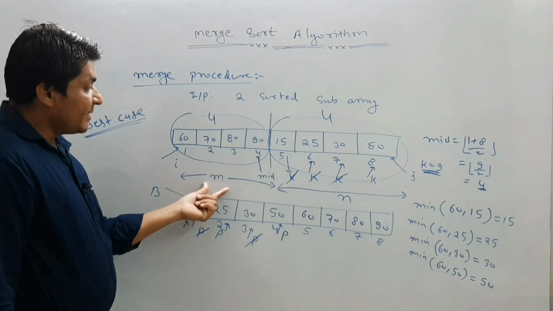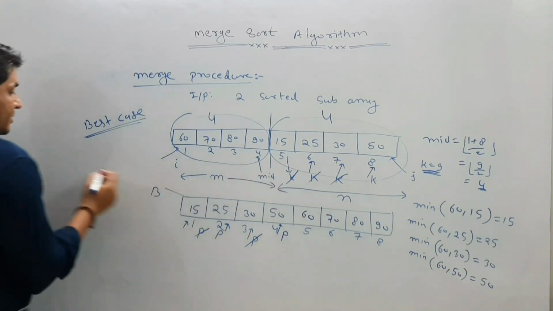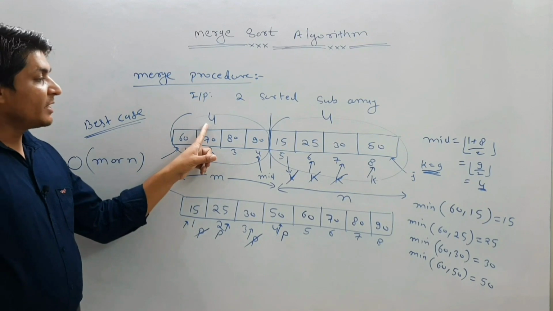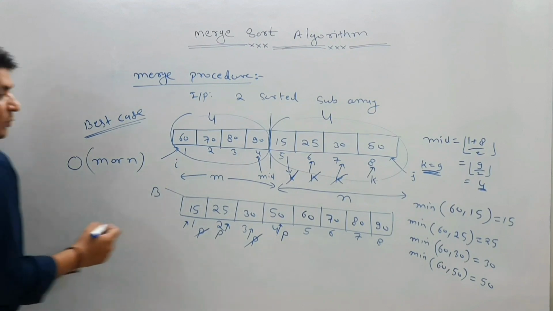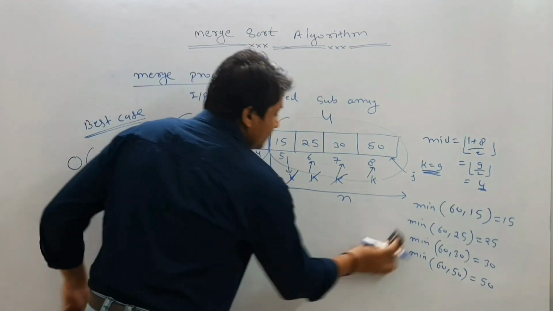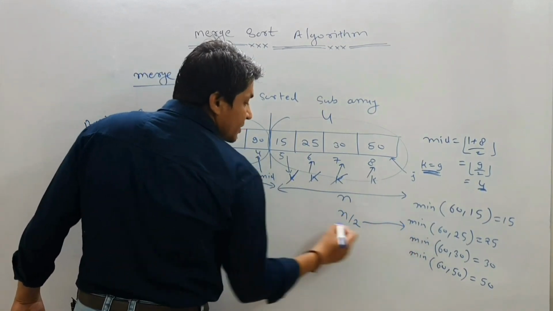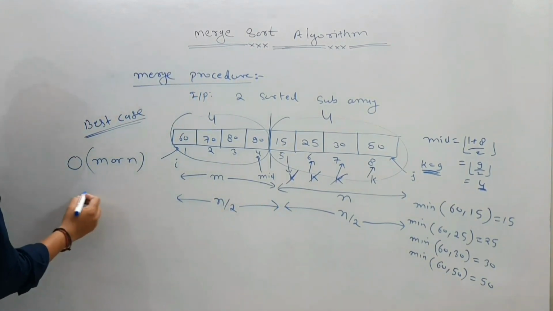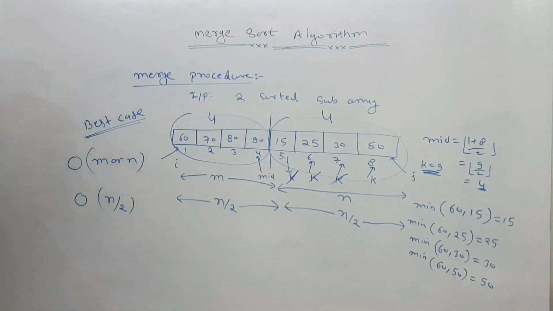If one array contains m elements and the second array contains n elements, what is the answer? It could be either this part or this part, so let me write order of either m or n. This is the answer, correct? In this case we have done 4 comparisons. Now let me generalize this. Let's say it contains n/2 elements, and this also contains n/2 elements. What is the number of comparisons we will make in the base case? The base case will take either this part or this part, so n/2 comparisons, correct? Yes.